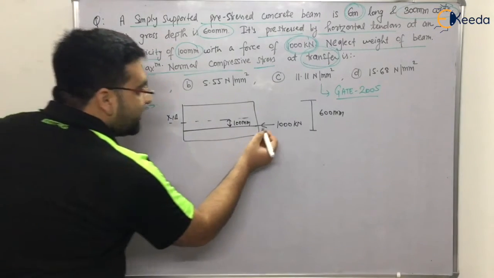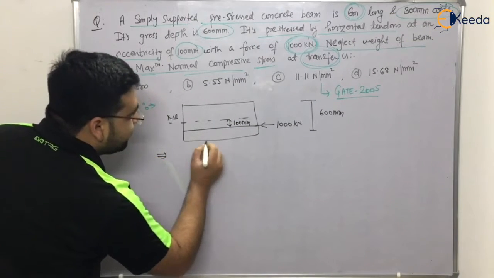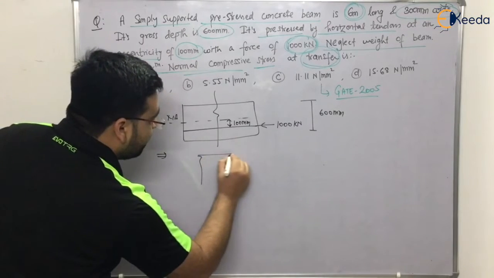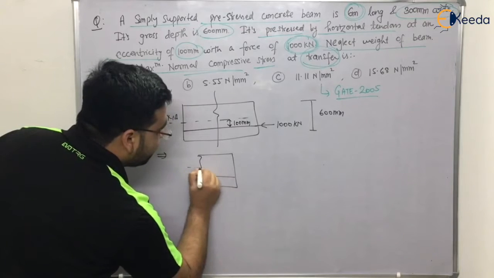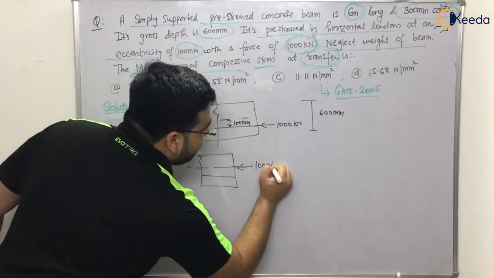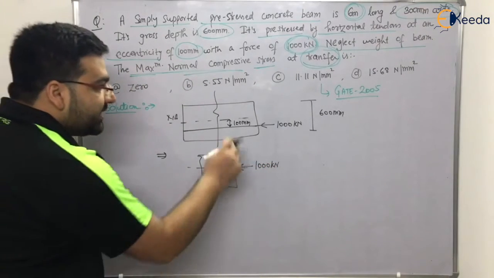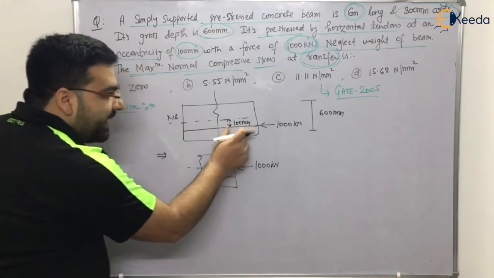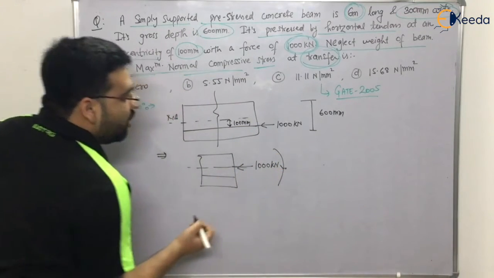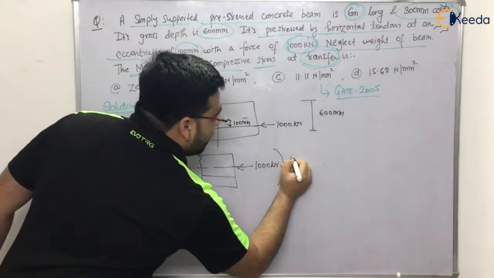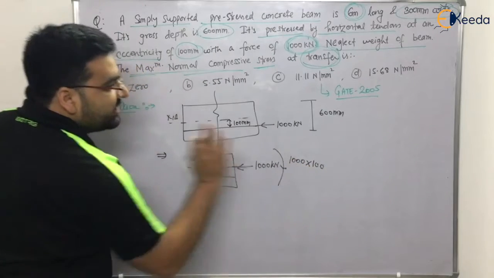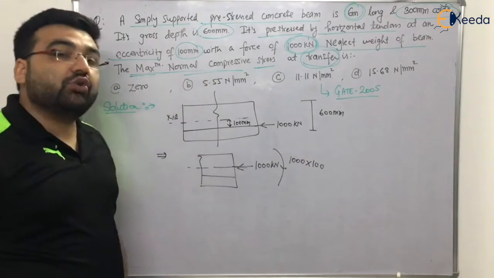Simple. Why? Because this can be transformed into this beam. Let me take one section here. So this can be transformed like this. This is the section. So this is your loading. Here it was 1000. So this can be transferred to the neutral axis, 1000 kilonewton, plus there will be a moment also. Below the neutral axis the stresses will be compressive. If this is the case, the moment will be like this. How much will the moment be? P into E. How much is P? 1000 into E, which is 100. This is mm and this is kilonewton. The units have also to be taken into consideration.